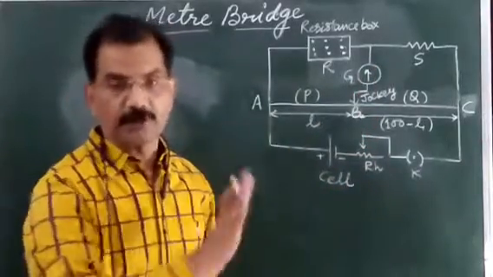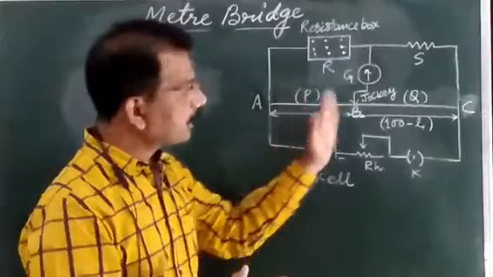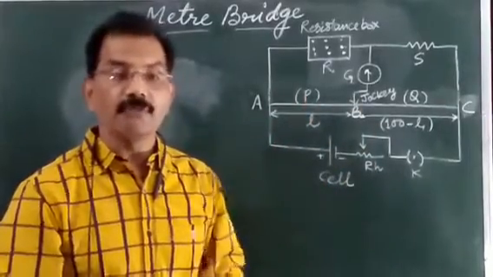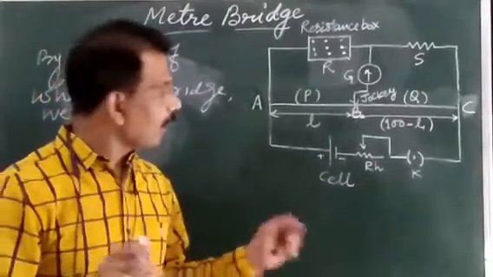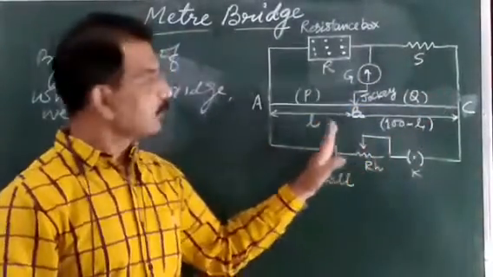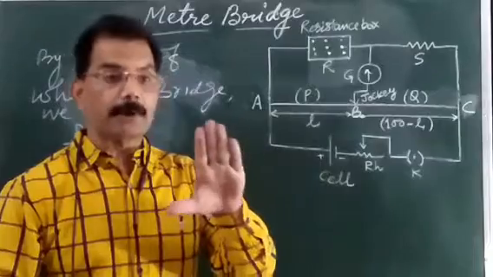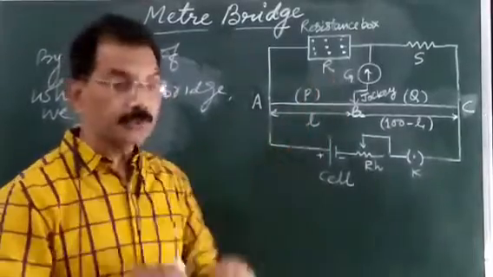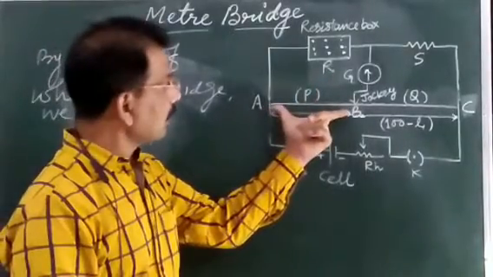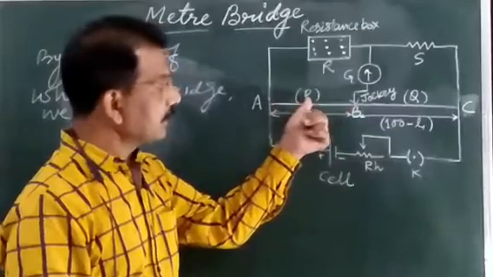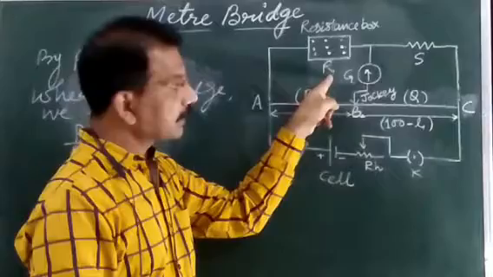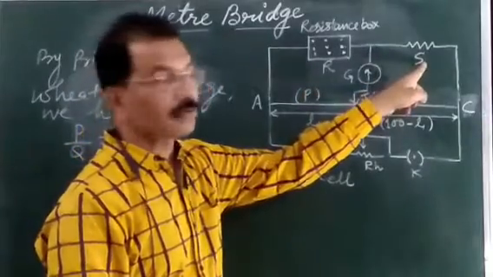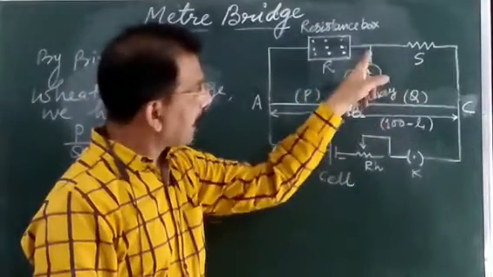Null deflection. And already I have told you, meter bridge works on the principle of Wheatstone bridge. Now, if anybody asks you which four resistances are participating in forming the Wheatstone bridge, here the resistance of this wire AB, which is P, the resistance of wire BC, which is Q, the resistance taken from the resistance box, R, and S. So, in the balanced condition